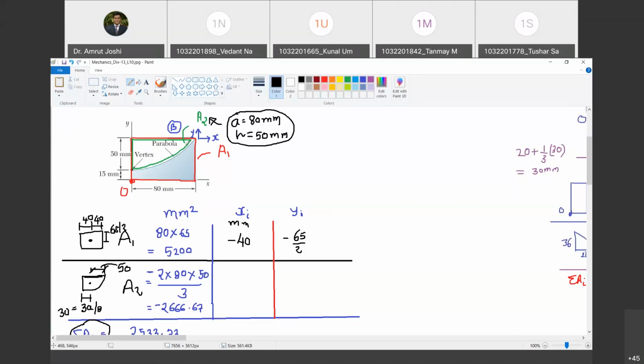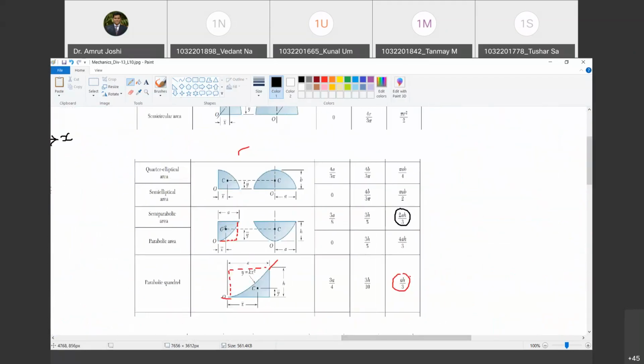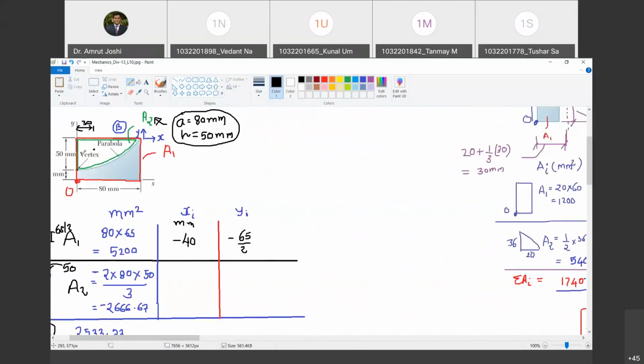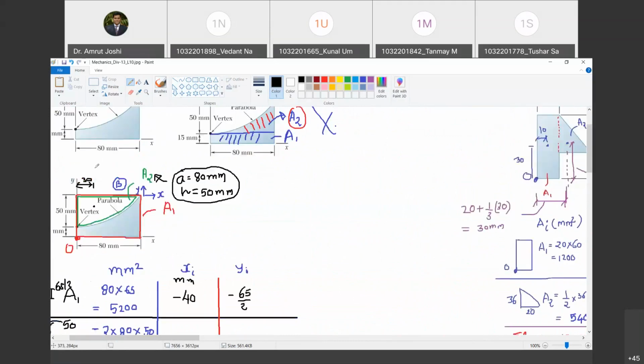Okay. So on this parabola, let me mark this centroid. This distance is 30. Do you agree with me? Yes, sir. This distance x bar is 3a by 8. So from the vertex, the horizontal distance of the centroid is 30. But I am interested in finding out the distance from B. So this total distance is 80. 80 minus 30, so this remaining distance turns out to be 50. Happy? Yes, sir. And it is on the left hand side of B.